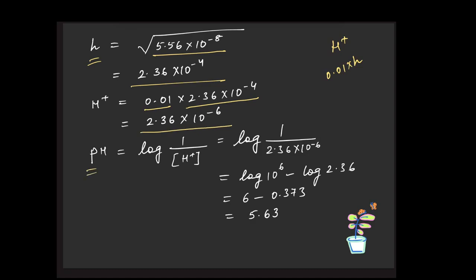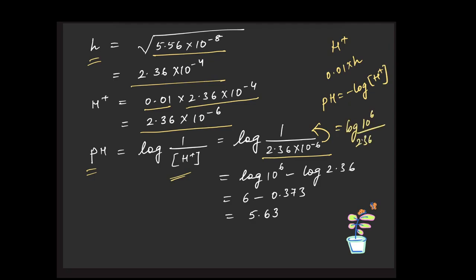pH is, what is pH? pH is equal to minus log H plus ion concentration. This can be written as log 1 by H plus ion concentration, which is equal to log 1 by, what is the H plus ion concentration? 2.36 into 10 to the power minus 6. 10 to the power minus 6 goes to the numerator. This becomes 10 to the power 6. So this will be log 10 to the power 6 divided by